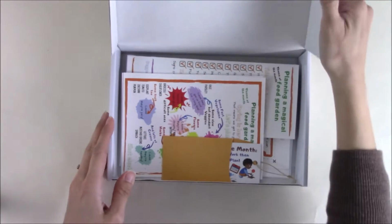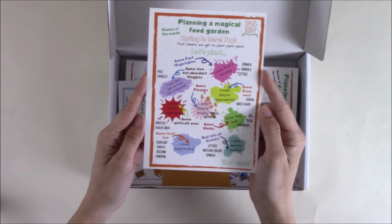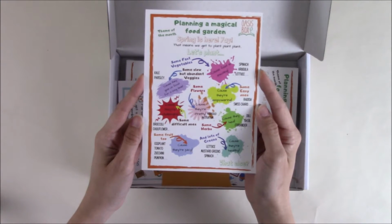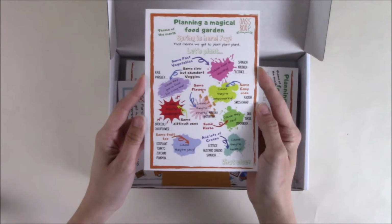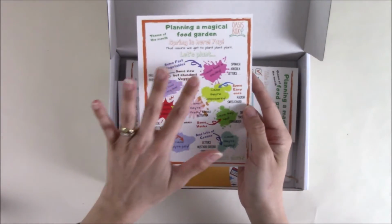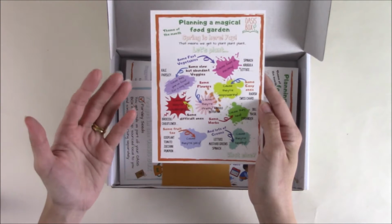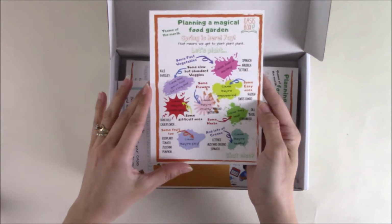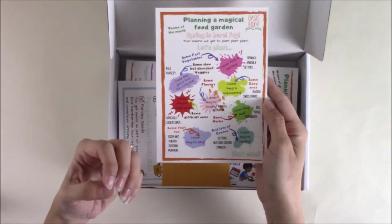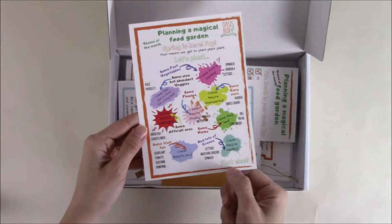All right, so as usual, we have the topic of the month, which was planning a magical food garden. Obviously, this is the beginning of spring, and the beginning of spring means planning for all kinds of beautiful things for our garden. All the different types of things that we can actually plant. We can plant vegetables and fruits and flowers, and all kinds of different things. So this gives the kiddos an idea and sparks some dreaming about what they could be planting and what else